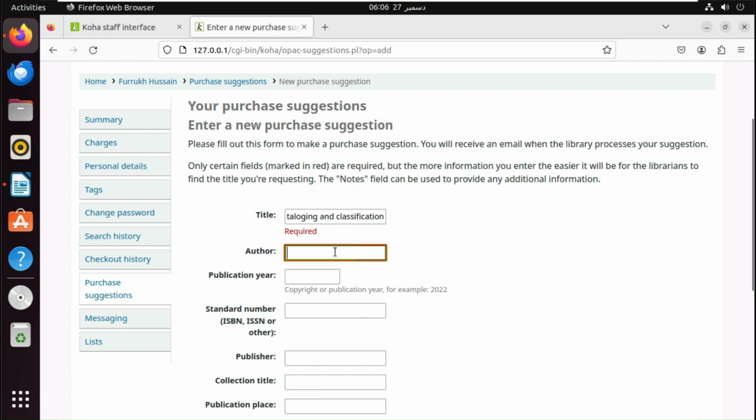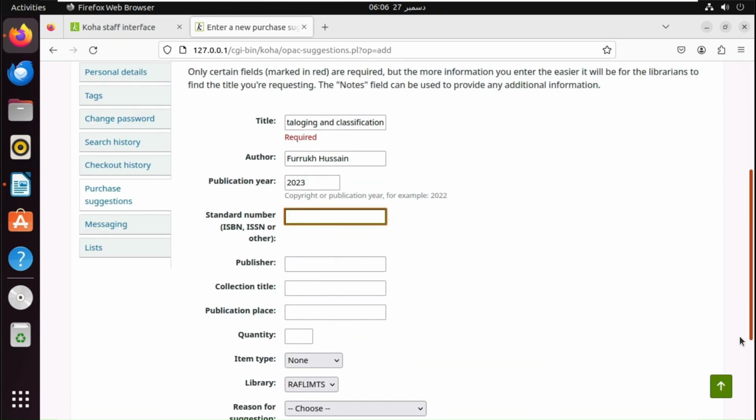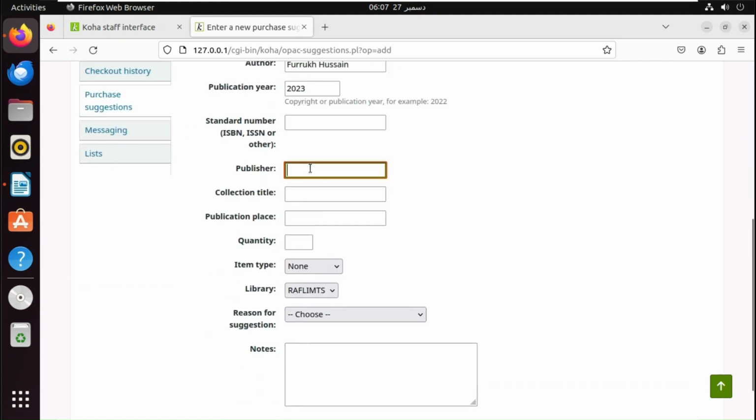And any author, like this is just for example. Still we are in 2023, and soon we will enter 2024. So publisher, collection title,